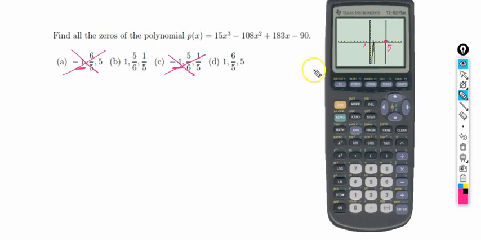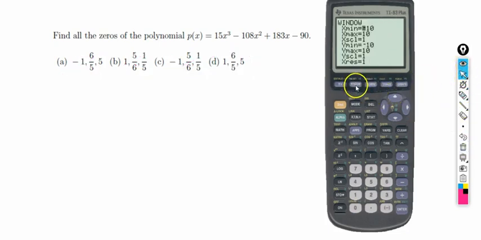5 is an x-intercept, so 5 is a 0. And this does not have 5 anywhere in it. So this is what, by process of elimination, my choices would be. So it's easy to see 1 and 5. 6/5 is just slightly to the right of 1. And again, if we choose that window wisely,